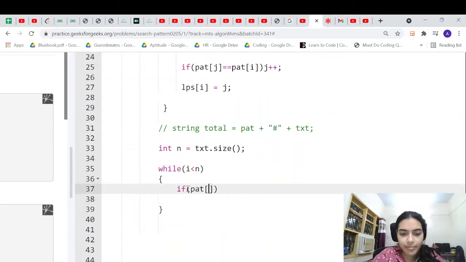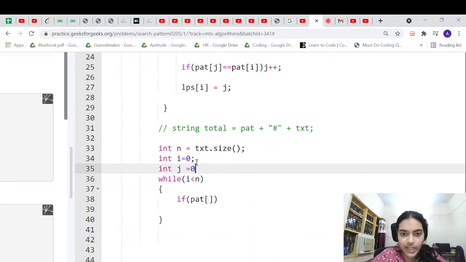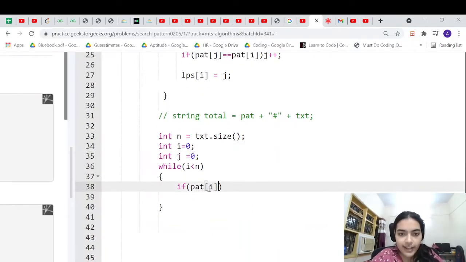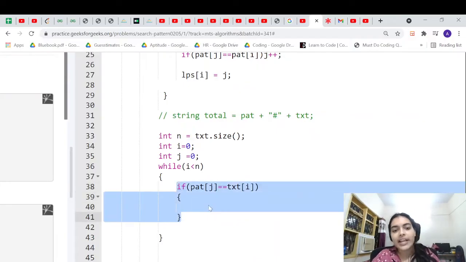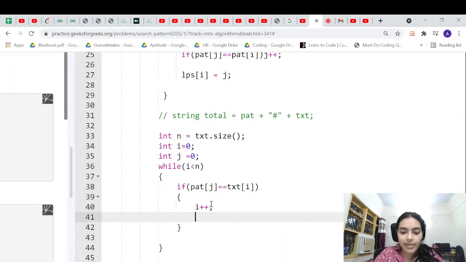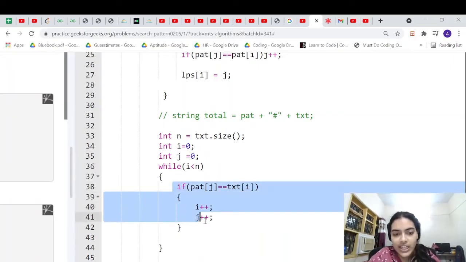For example, I also have to take i and j, so i is 0, j is 0. Now if pattern of j is equal to text of i, so in this case, when the characters are equal, you can just keep moving forward. Very simple condition. When the characters are equal, just keep moving forward.